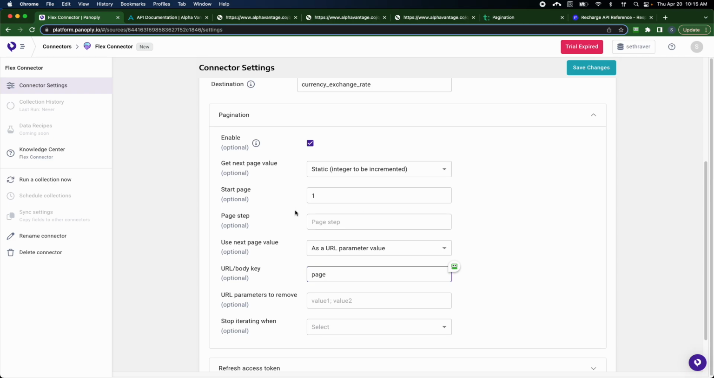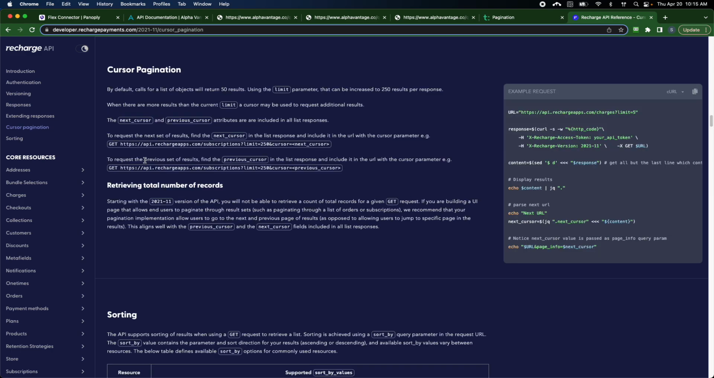This will then iterate through page 1 with a step of 1 to page 2, 3, and so on. As an example of dynamic pagination, the Recharge API returns a next cursor, which is added as a parameter to the next API call. This means that rather than having a known sequence of inputs like page 1, page 2, etc., we can instead